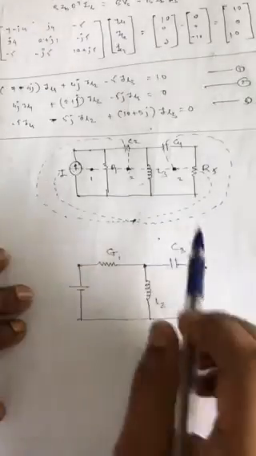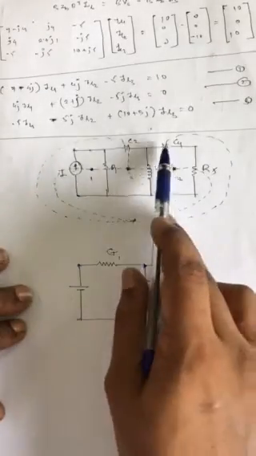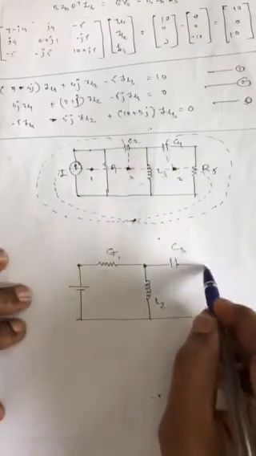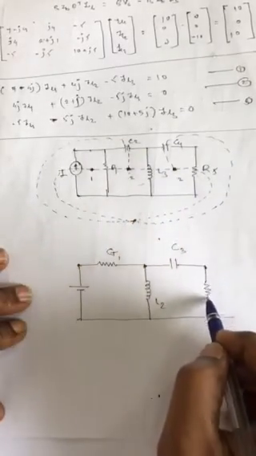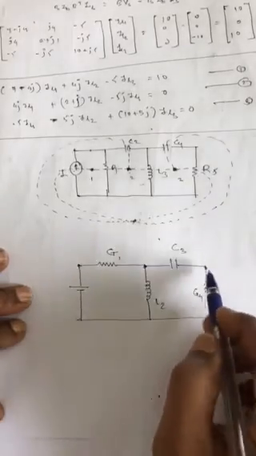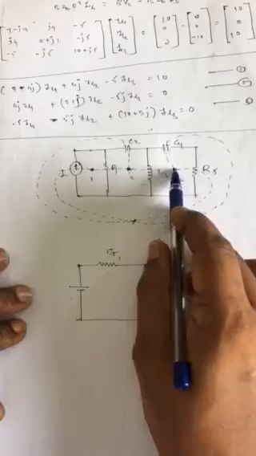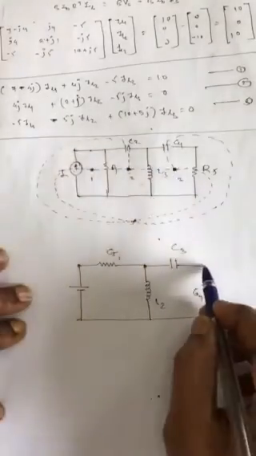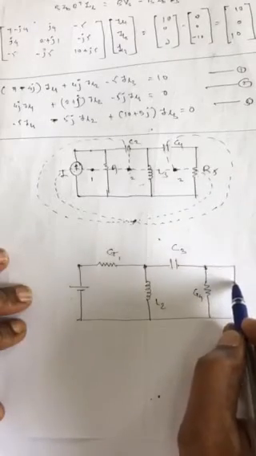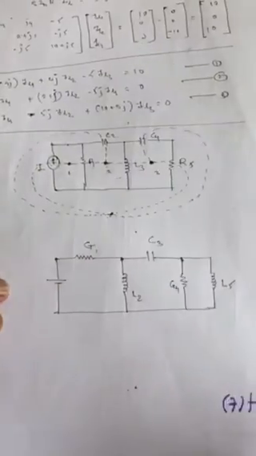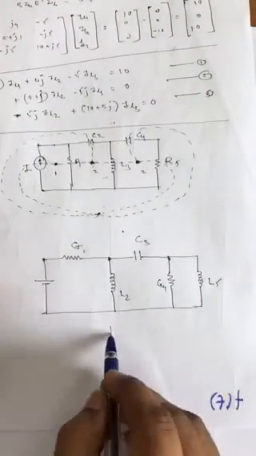C3. Okay, between 3 and reference there are 2 elements, resistance and capacitor. So the resistance will get converted into conductance with the name G4, and the resistance node will get connected to this through this capacitor, so that capacitor will get converted into an inductor, L5. Okay, so this is the dual network